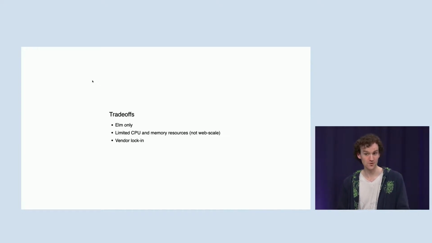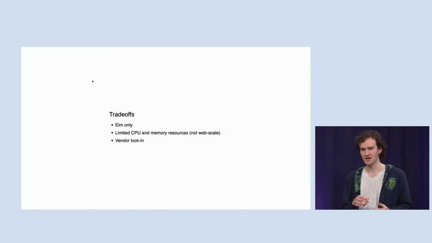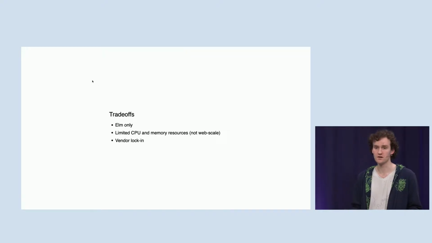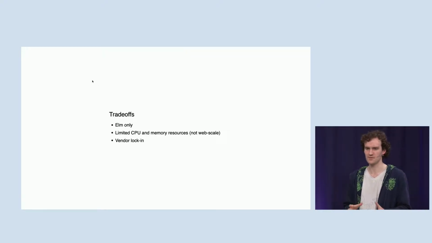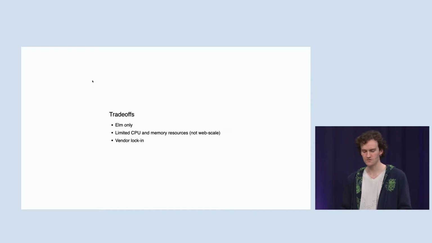So the first one, Elm only. This isn't an accident. You might be thinking, what's Elm? Why Elm? The answer is that Elm is a fairly simple language. It's only pure functions, managed side effects. These things are really important, actually, for Lambdara to work well. I guess in theory, you could make some kind of Lambdara tool in another language, and they probably already exist. But what I think makes it work really well